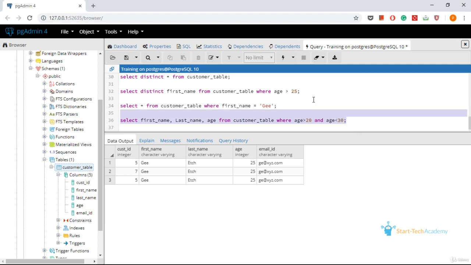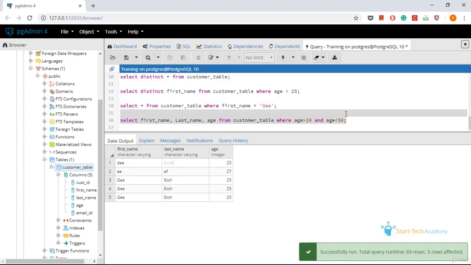Let's run this query. You can see 5 records are retrieved and the age of all these 5 customers is between 20 and 30.